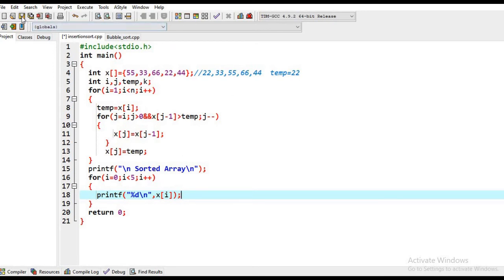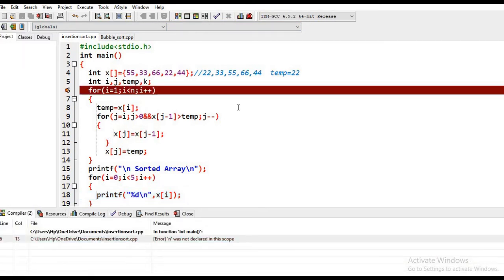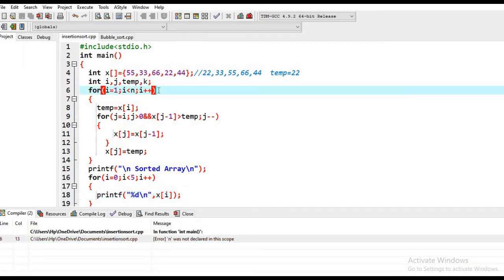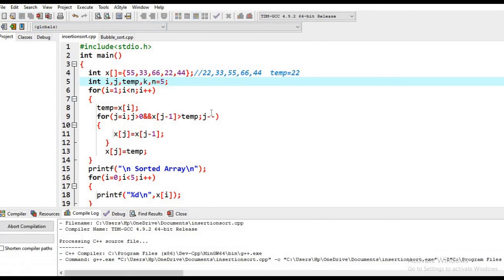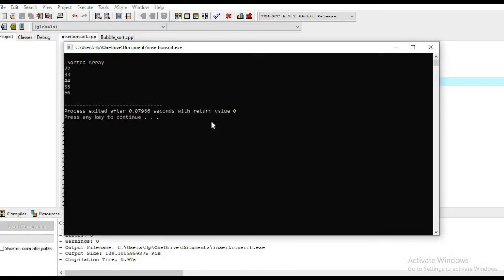So let's save this program and then execute it. We have to put the value of n as 5 because there are only 5 elements in our array. Not a big problem. Yes, so you can see that here we have this sorted array 22, 33, 44, 55 and 66.